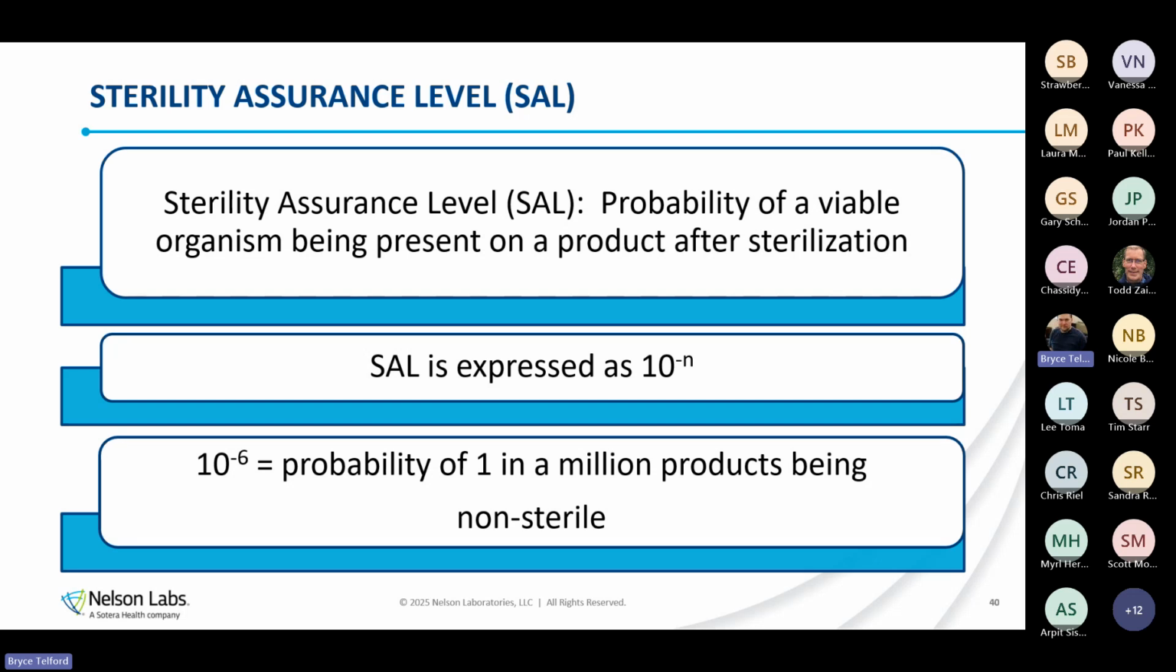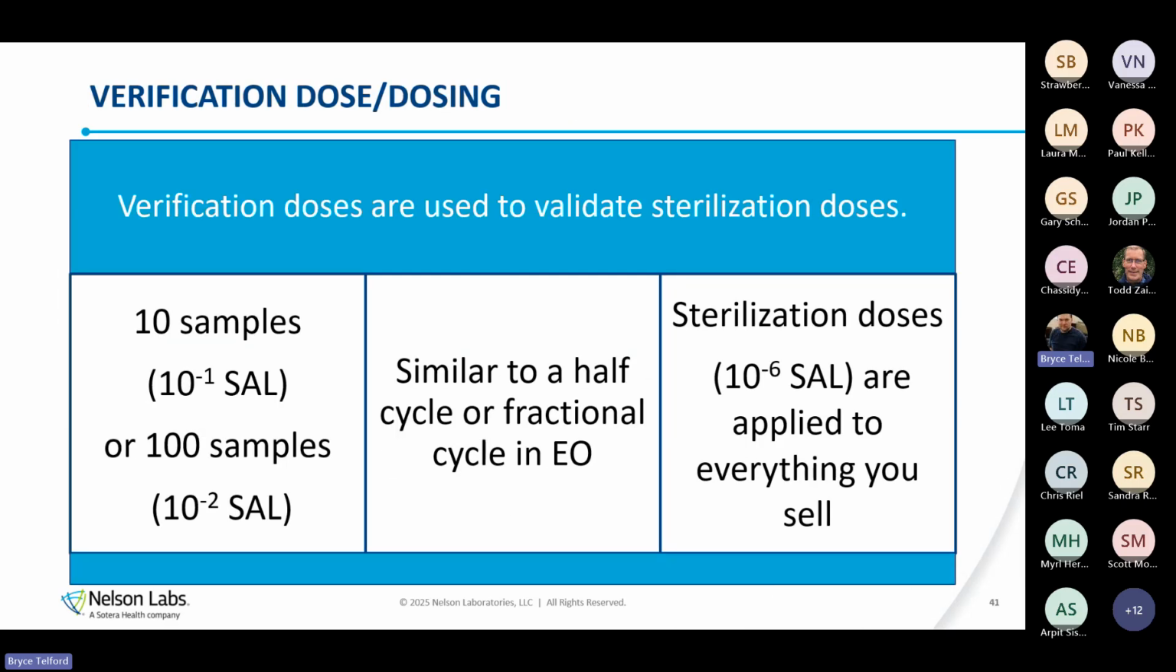So it is expressed as 10 to the minus n, and we are talking about that probability of a viable organism present on a product after sterilization. So for verification dosing, our validations break down into VDMAX and method 1, and our sterility assurance level kind of breaks down accordingly. So 10 samples, that's our 10 to the minus 1 SAL. 100 samples, that's our 10 to the minus 2 SAL. So VDMAX is our 10 to the minus 1, method 1 is our 10 to the minus 2. And